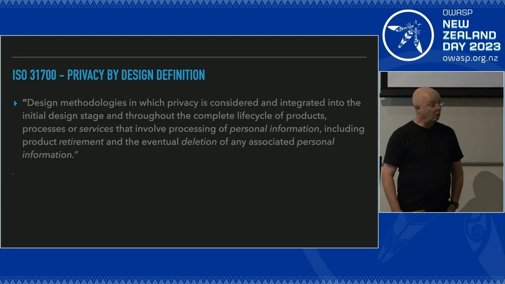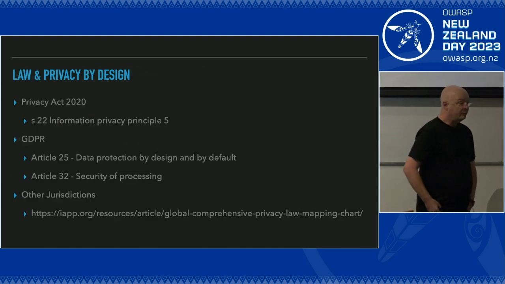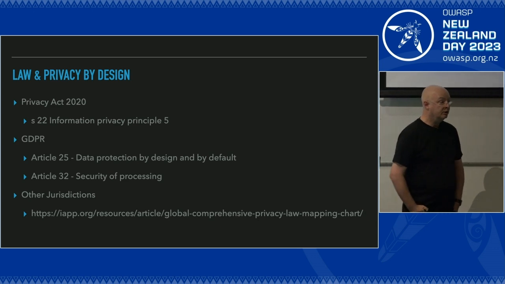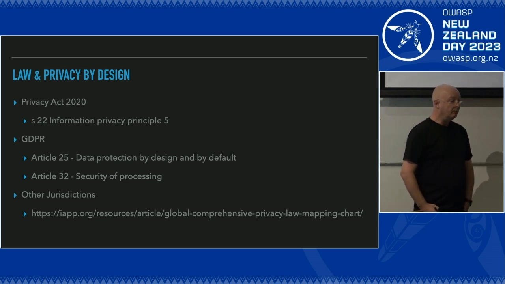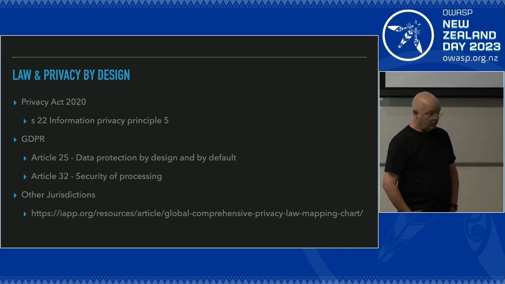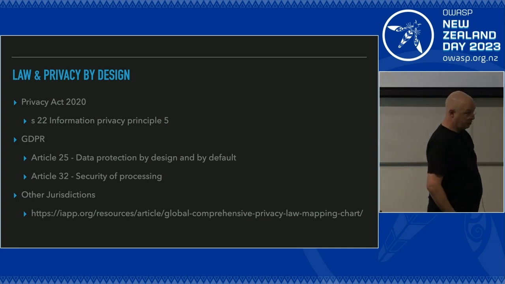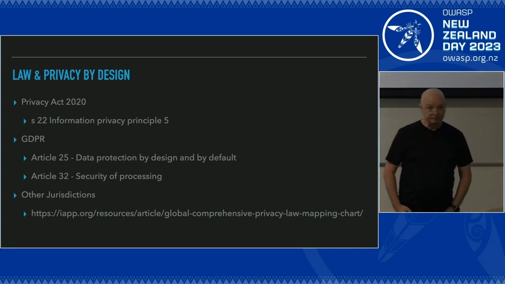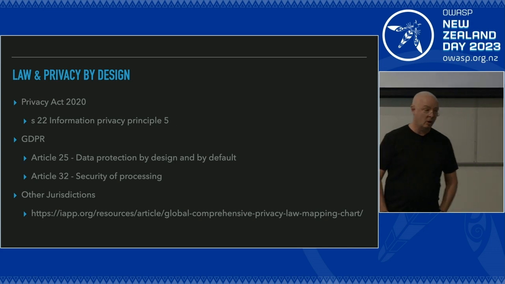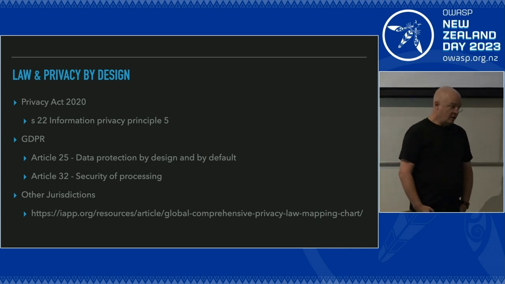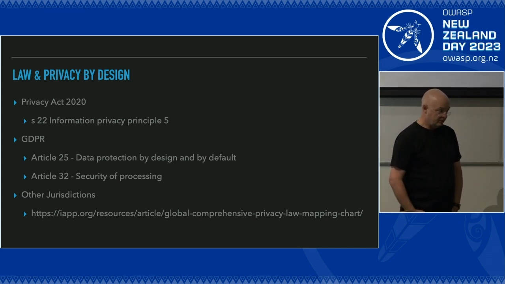In terms of how privacy by design and the law intersect, in New Zealand we have the Privacy Act 2020. In section 22 there are the information privacy principles. Number 5 relates to the security of personal information. It really doesn't speak about privacy by design, so it's a bit of a long bow to say that it applies, or that privacy by design is